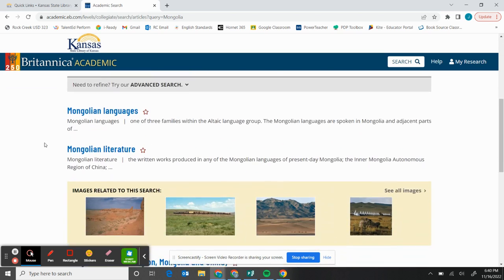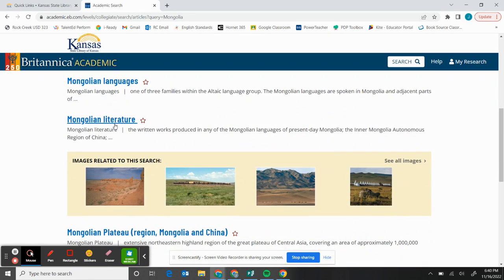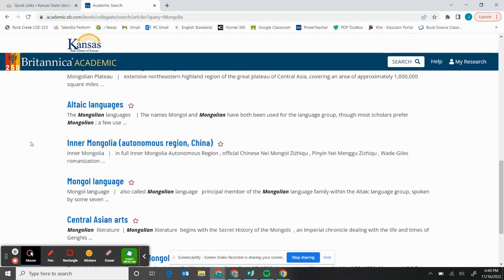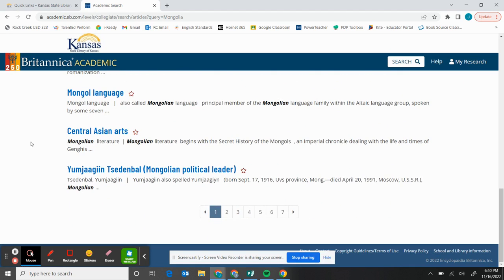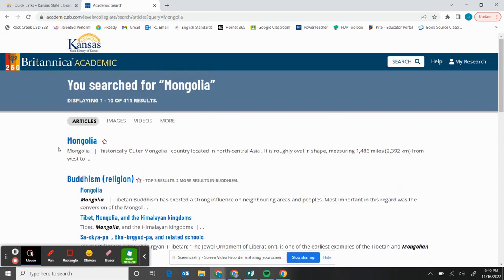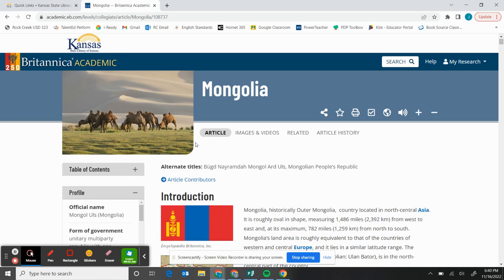You can sort of scroll through this list. You can see what's available. They get more specific as we go. Some of these might be helpful for my paper, others maybe not so much for what I'm looking for, but it's good to see what resources we have. I'll go ahead and click on the first option we have and show you some of the neat features that